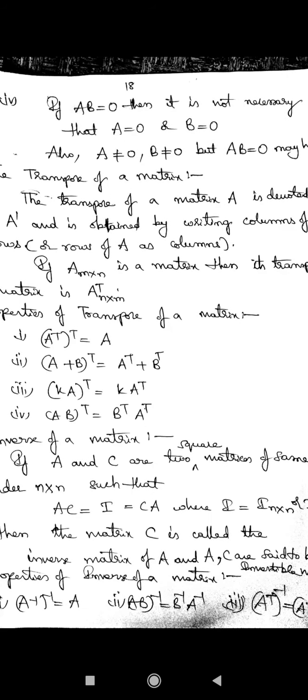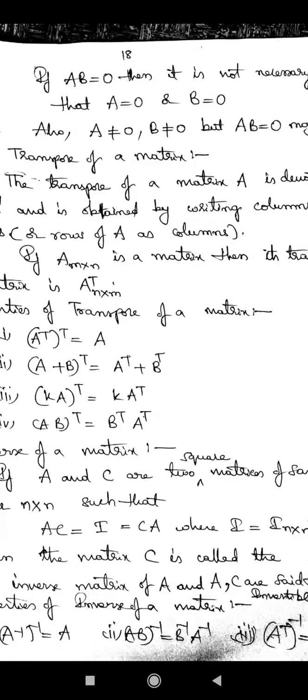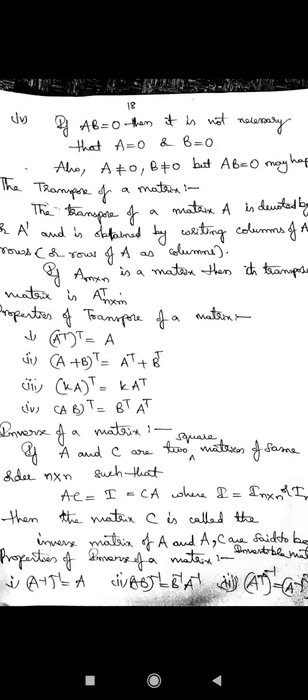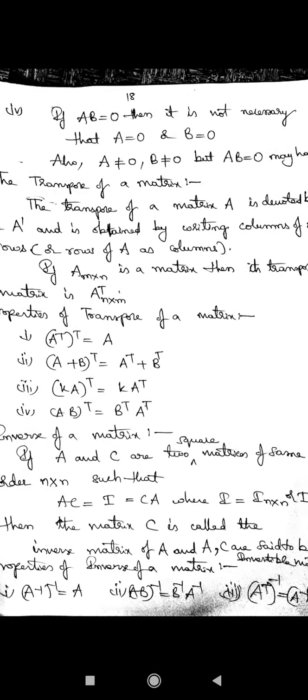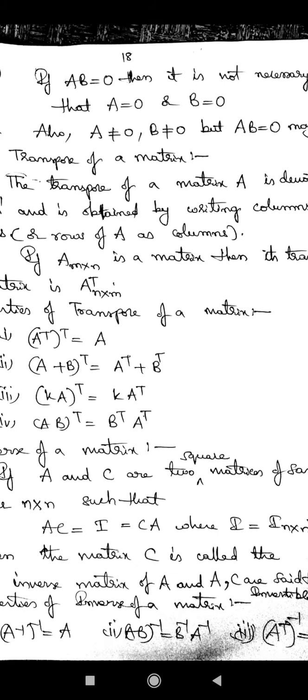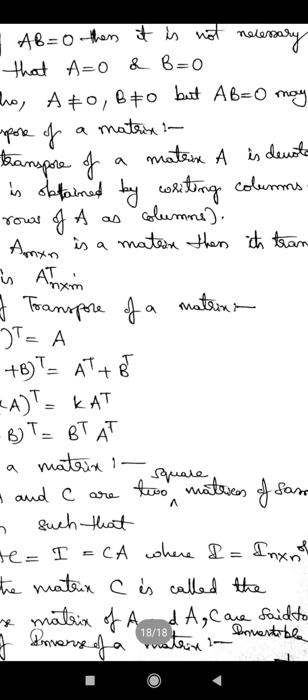Even if the product of two matrices is a zero matrix, we cannot say that one of them is a zero matrix or both are zero matrices, because we can have examples where A is not a zero matrix and B is not a zero matrix,